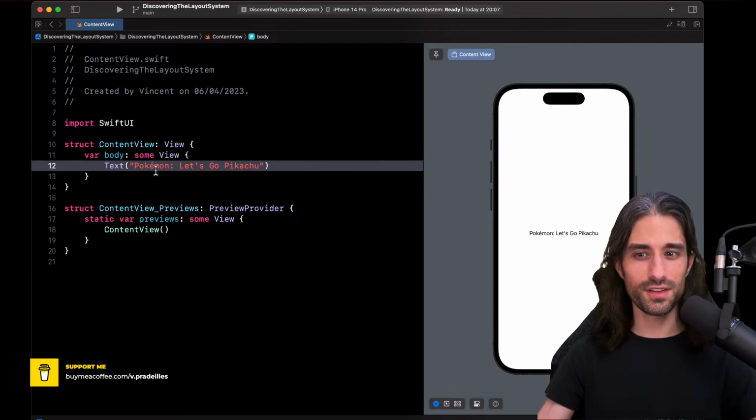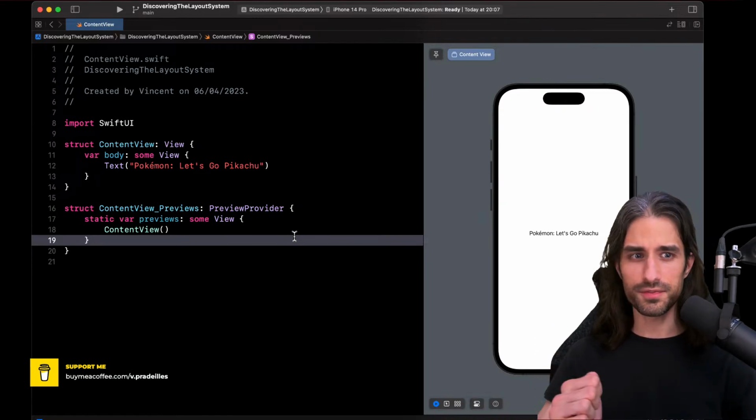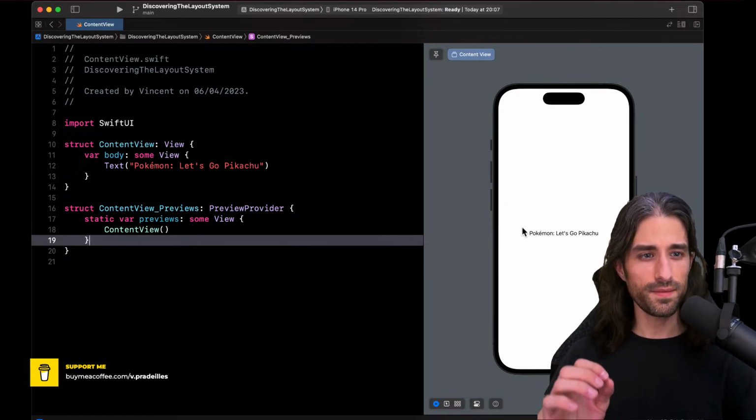Okay, I've written some text on the screen. This seems simple, but there are some remarks that we can already make and that are interesting, especially if we compare with how a similar use case would have worked with UIKit. So first, we can notice that the text is displaying from the center of the screen. That is very different from what we see in UIKit, because in UIKit, the origin of a view is on the top left